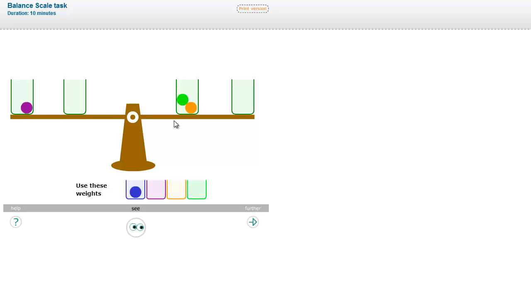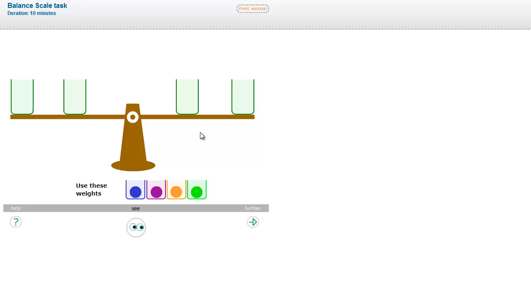Now, Rule 4 users, for example, will predict that the scale is balanced. How do they predict that the scale is balanced? Well, they sort of multiply the distance by the number of weights. That's Rule 4. So we have a distance of 1 times 2. So on this side, we have 2 units of weight. And on the other side, we have a distance of 1, 2. 2 times 1 is also 2 on the other side. So Rule 4 users will correctly predict that it is balanced.